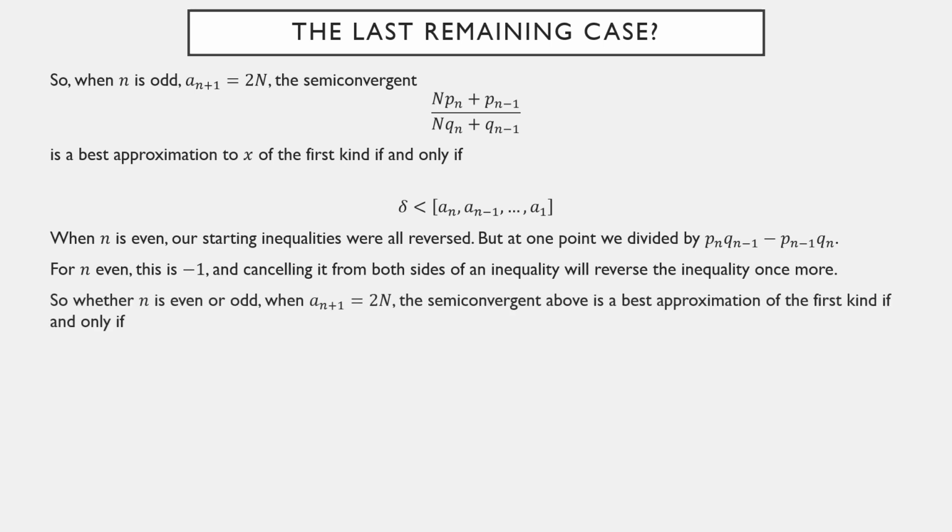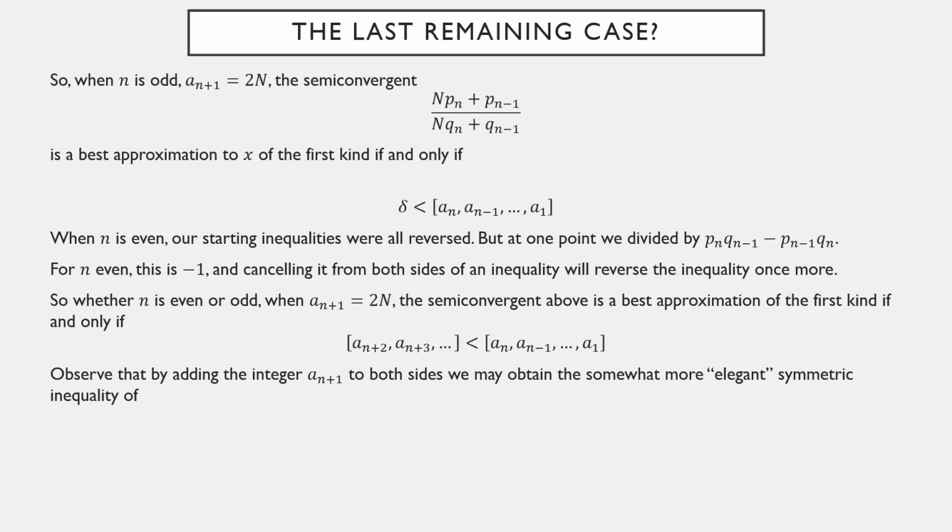So whether n is even or odd, it doesn't actually matter. If the next partial quotient is even, the semi-convergent above, using half the next partial quotient, is a best approximation of the first kind if and only if delta is less than this continued fraction. But what's delta? Our little lemma tells us that it's this continued fraction. So this is an irrational number. This is a rational number, and we're checking, does this inequality hold? If it does, then this semi-convergent is a best approximation of the first kind, and if it doesn't, then it's